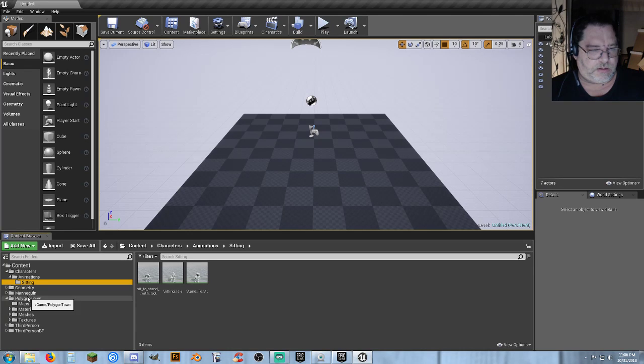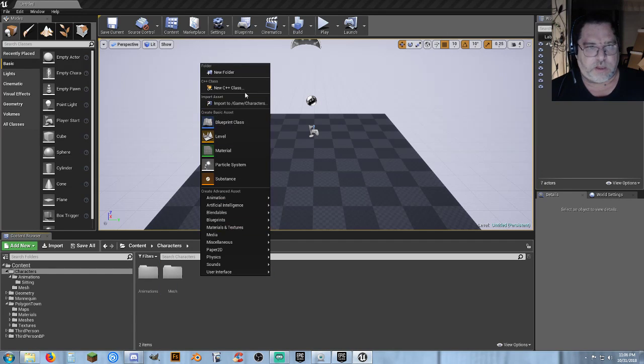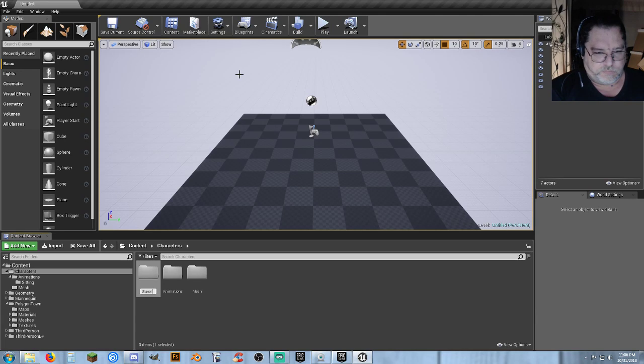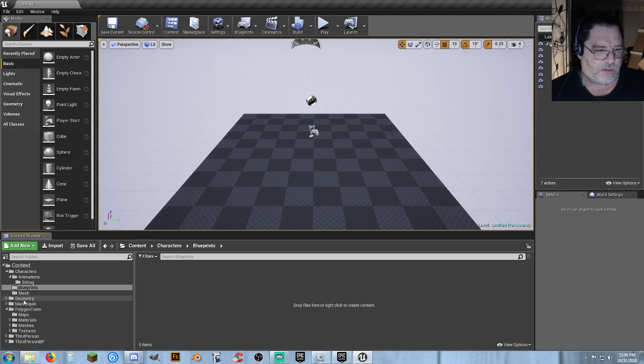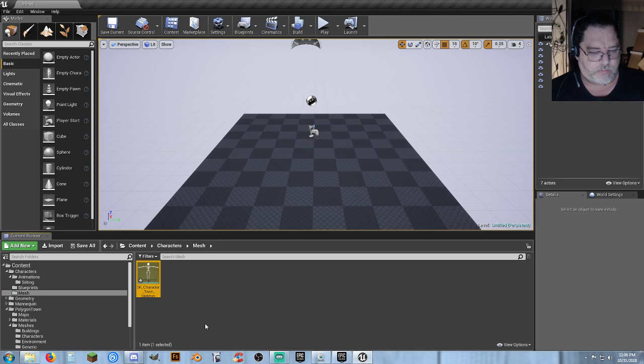My usual thing, whenever I'm setting up my characters folder, I usually do a mesh folder. I'll do a blueprints folder. So what I'm going to do is grab the skeleton from the meshes characters. You don't need to if you're only doing one asset pack, but if you decide later you want to add more assets, and I may do that with this one, I may not, I don't know. I'm just going to drag this over to my mesh folder. Select copy here,